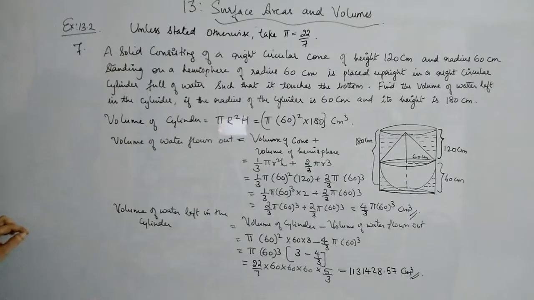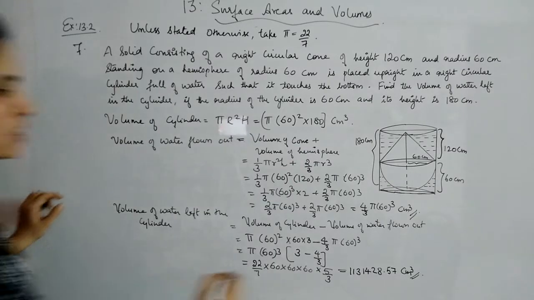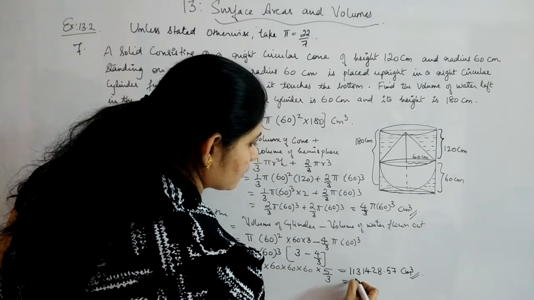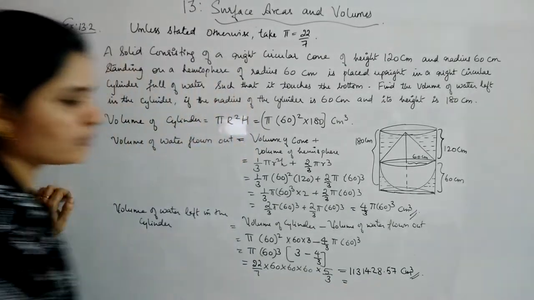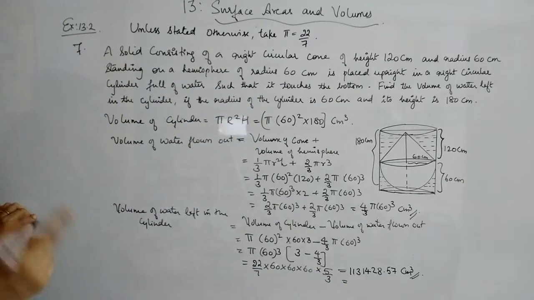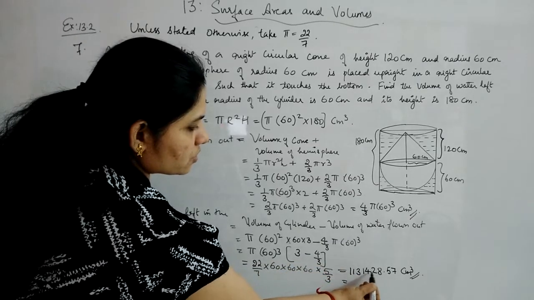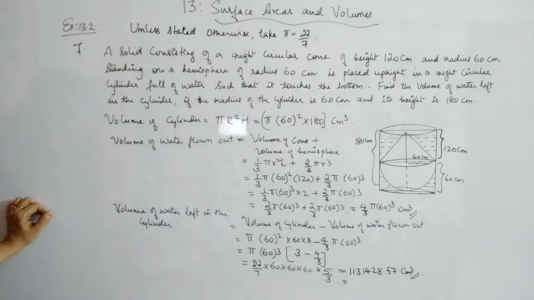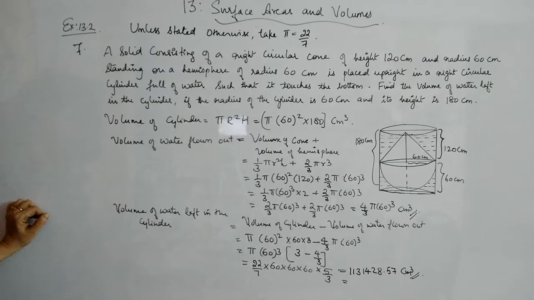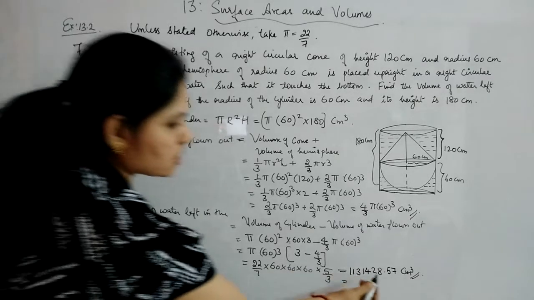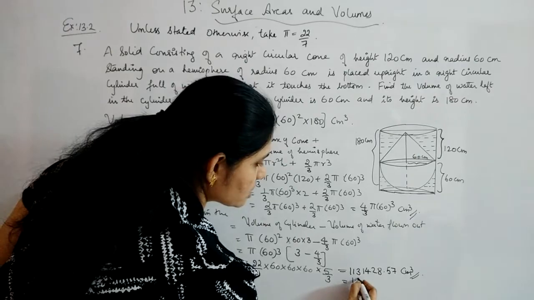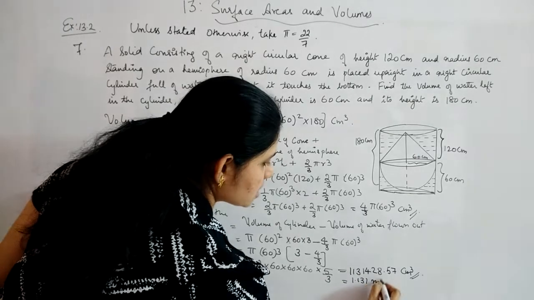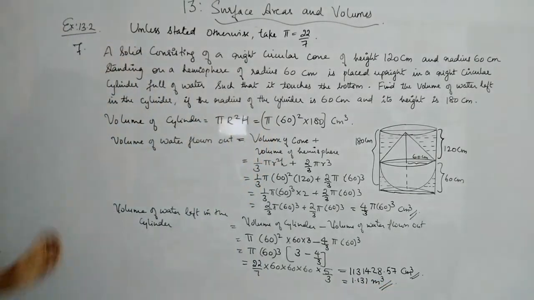We are just changing this into meter cubes. It is centimeter cube, so you have to divide by 100 into 100 into 100, that is in the denominator you have 6 zeros, 1 2 3 4 5 6. How much you will get is 1.131. Okay, 6 zeros here will give you 1.131 meter cubes. Clear?